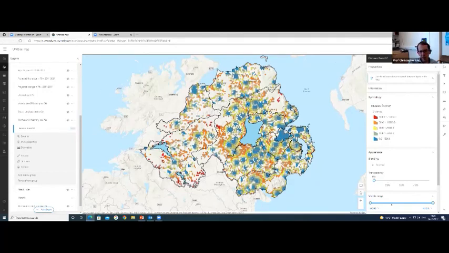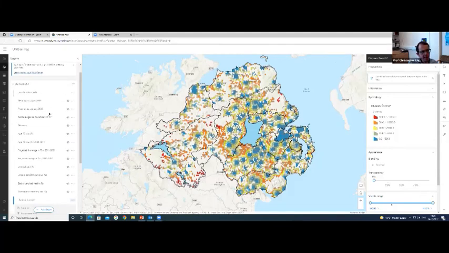It started off with distance from GP surgeries. As I've said, with the screen dump that I've shown you, you can see the categories on the right-hand side. The reds are grid cells that are very distant from a GP surgery, and the blues are those that are less distant. On the left-hand side, you can see the characteristics that are included, and I've turned some of those off. You can access the slides to the presentation, and I've included the hyperlink, so you can look at this if you want, and I would invite comments, questions or queries on that, both now but also after the event if you have a look at this.